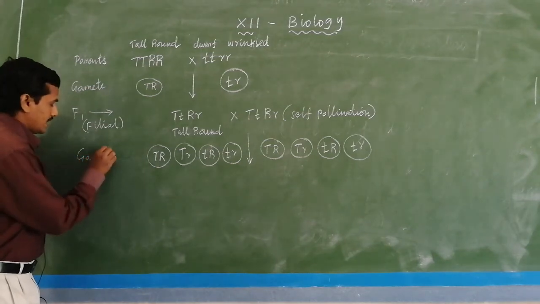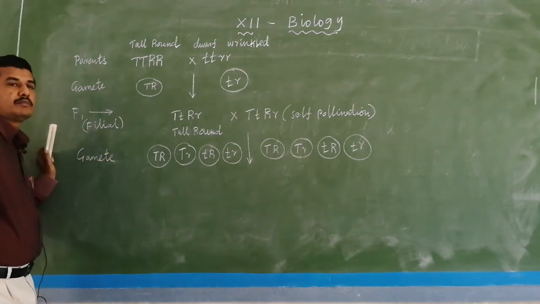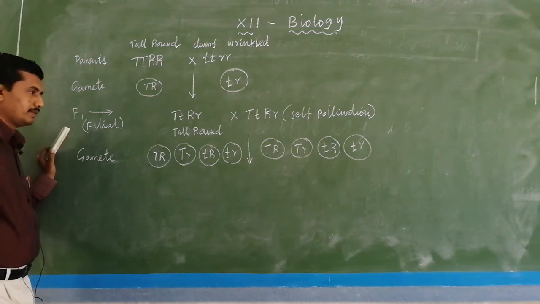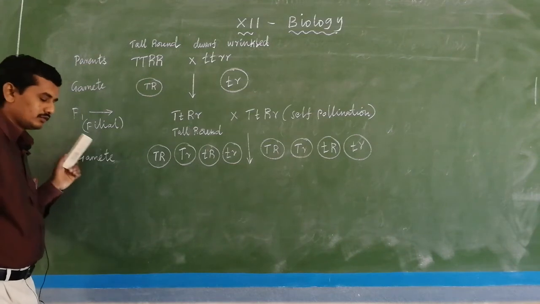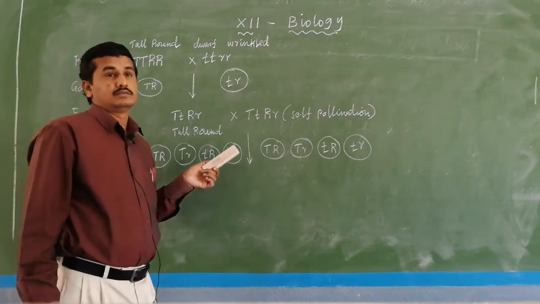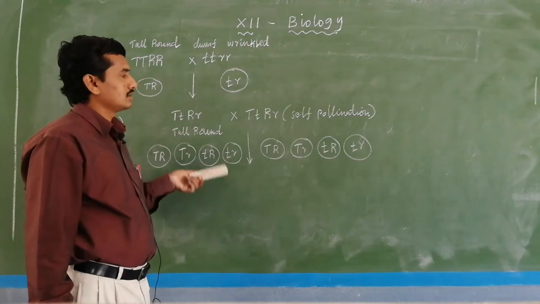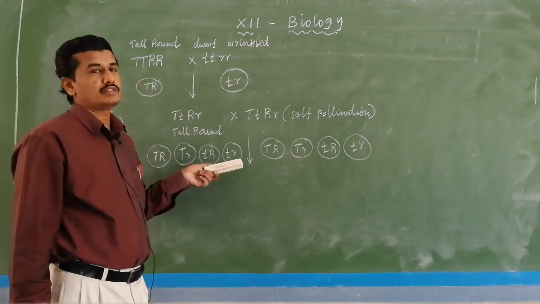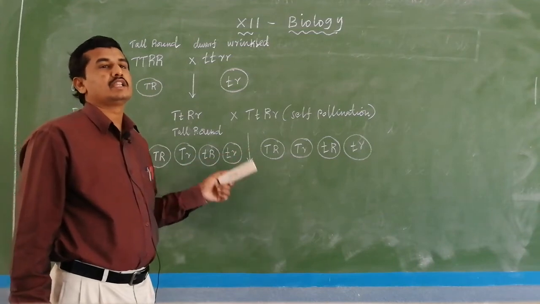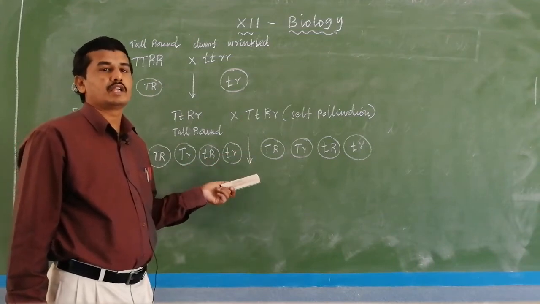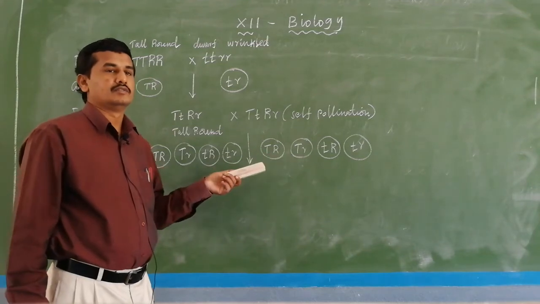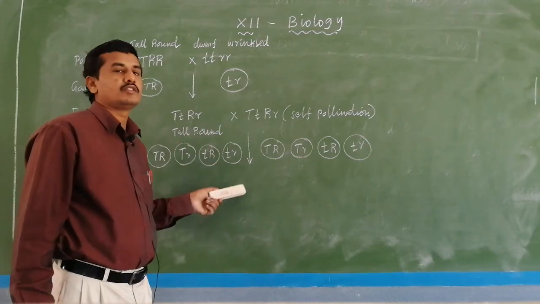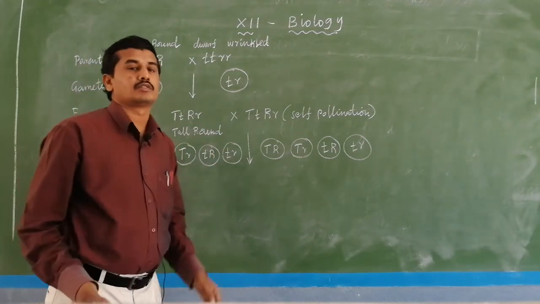Actually, for the dihybrid cross in your board exam, 5 mark questions may come, so prepare thoroughly. Sometimes it is for 5 marks. 5 marks means 3 marks for explanation of the dihybrid cross, plus the law of the dihybrid cross, that is the law of independent assortment. I will explain that in future. Then the law of independent assortment with the cross is actually the 5 mark question.